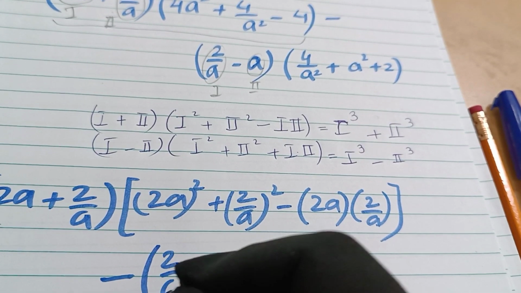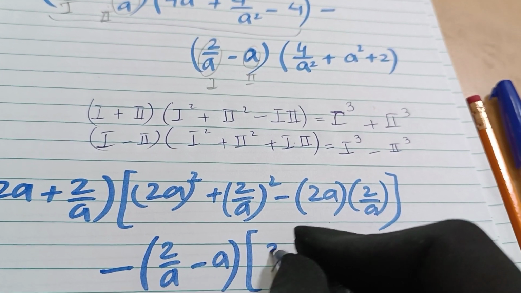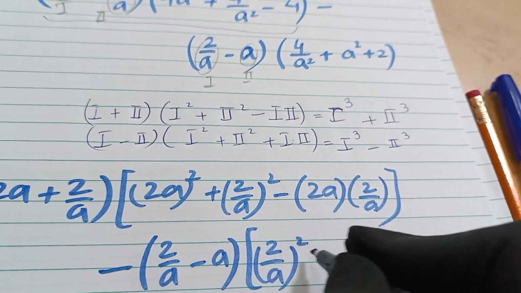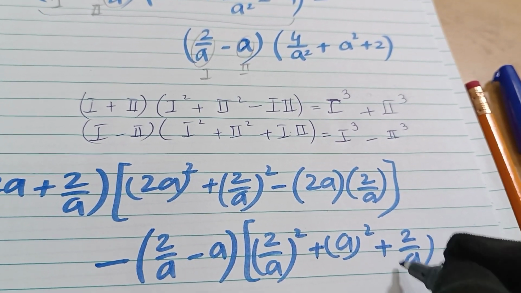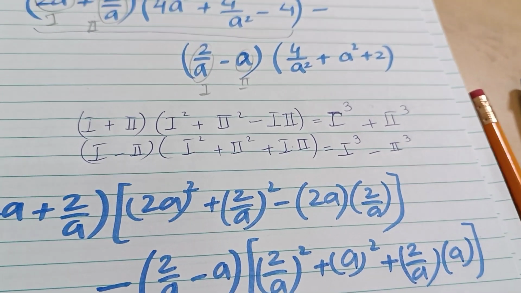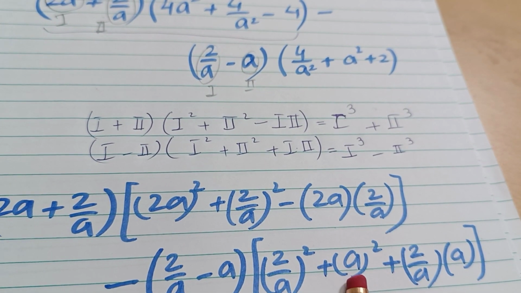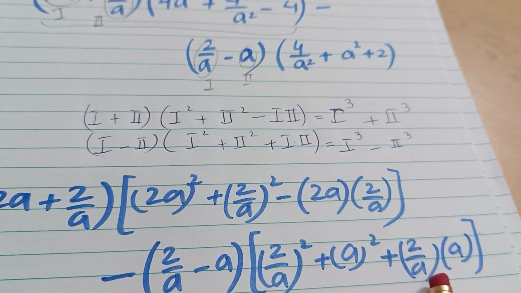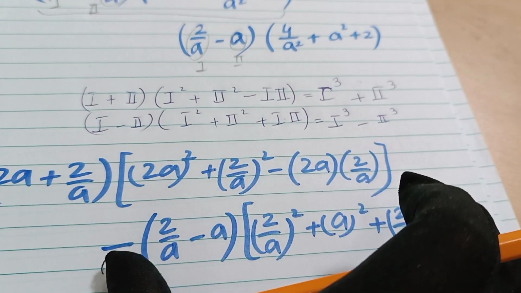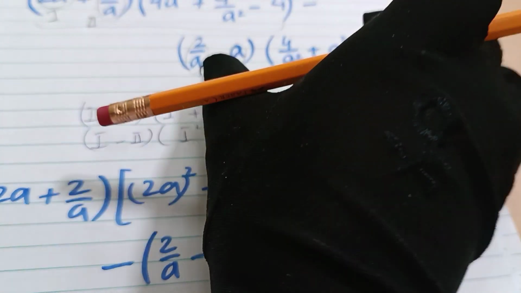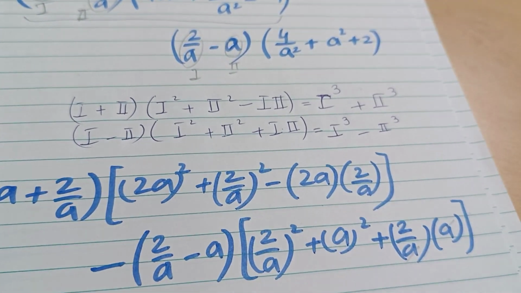Okay, so now I will apply this formula over here, that whether it is satisfying the identity or not. First term minus second term. Okay, first term square plus second term square and plus product of both terms. Check first term square making the same term, second term square making the same term, and product of both, a and a cancel, it is giving you the answer 2. It means this is completely satisfying the identity over here. So it will be closed as first term cube minus second term cube.